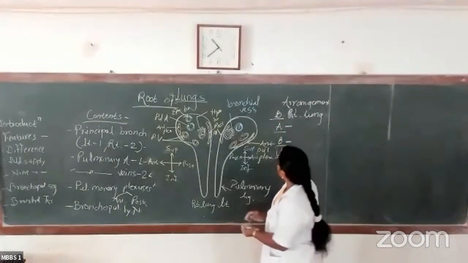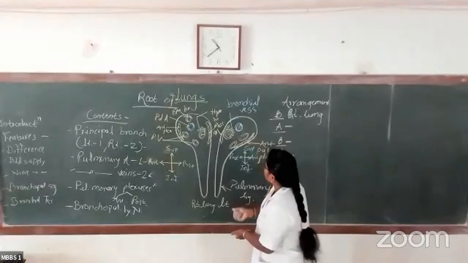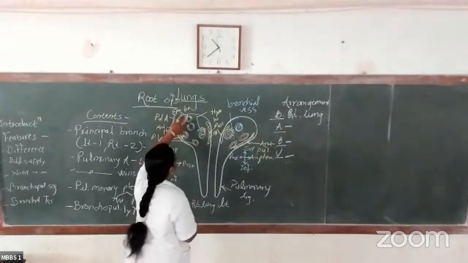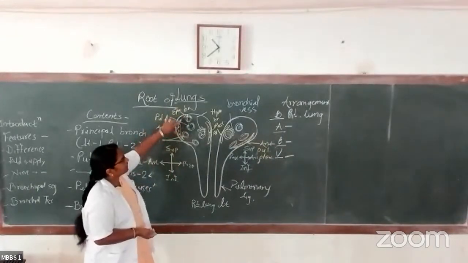So in case of right, how will you remember this? Again, B, A, B, B. That is B for